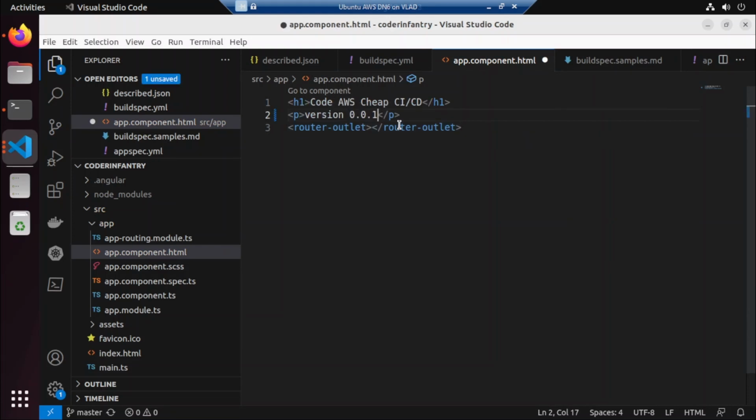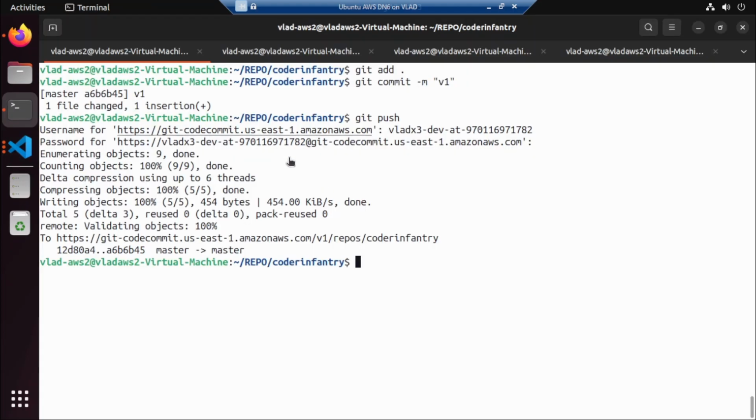And so the environment variable is updated. So let's use the 0.0.1 here. Then let's